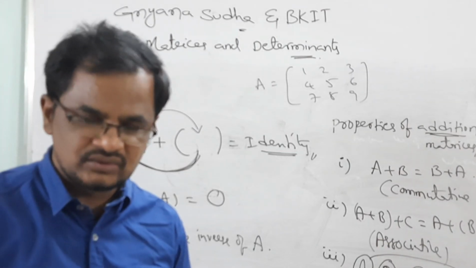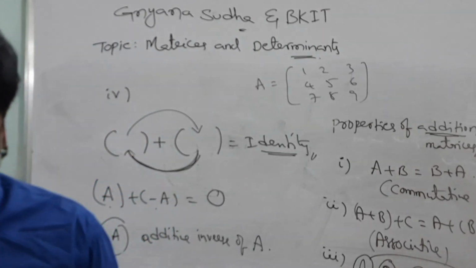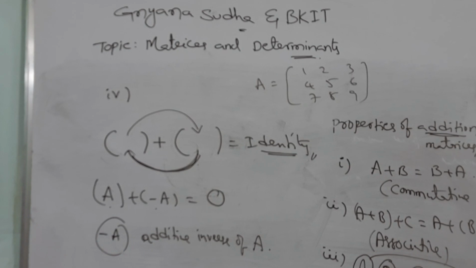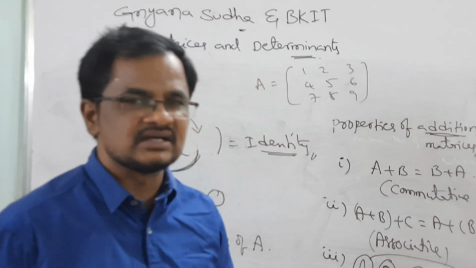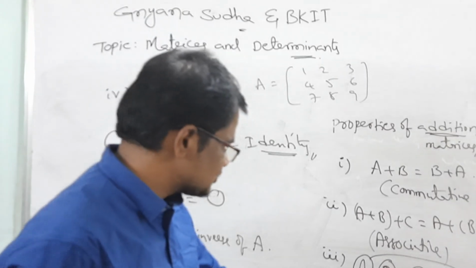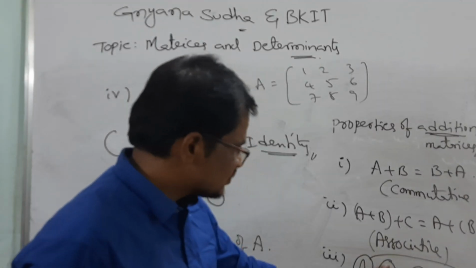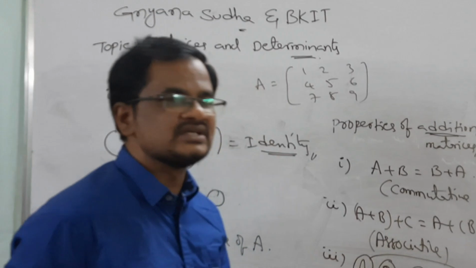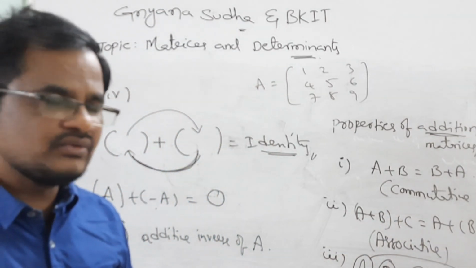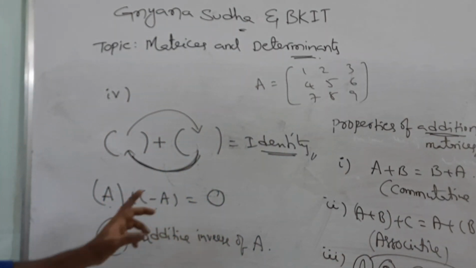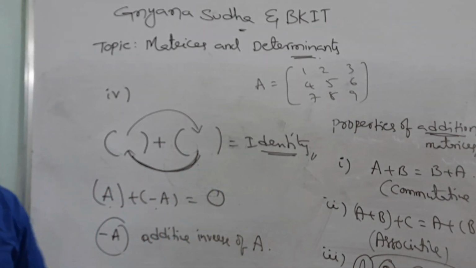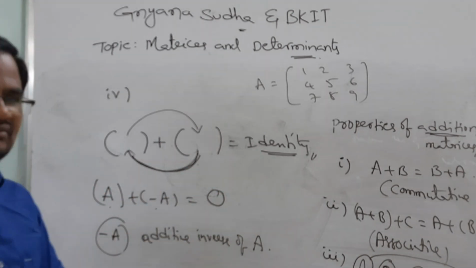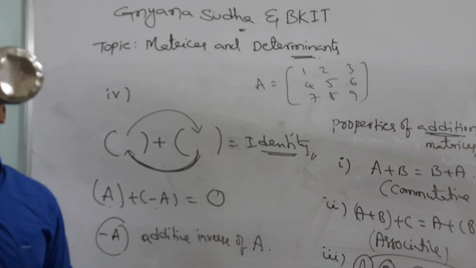Means if you add two matrices, with any one of the matrices, the output we get is the same matrix. That is the additive identity. Means we are adding these two. So here A is getting, and O, the null matrix, is the additive identity. And if you add two matrices and the right side is the identity, then one is the inverse of the other. Okay.